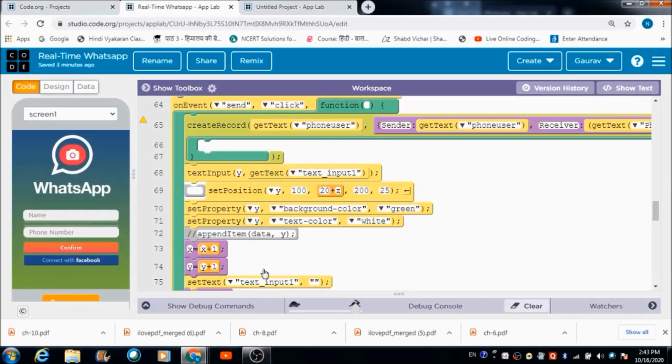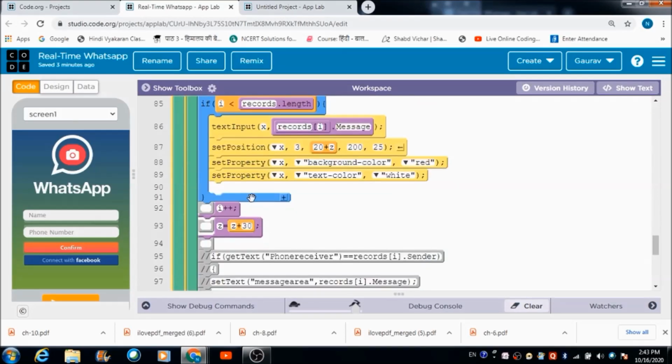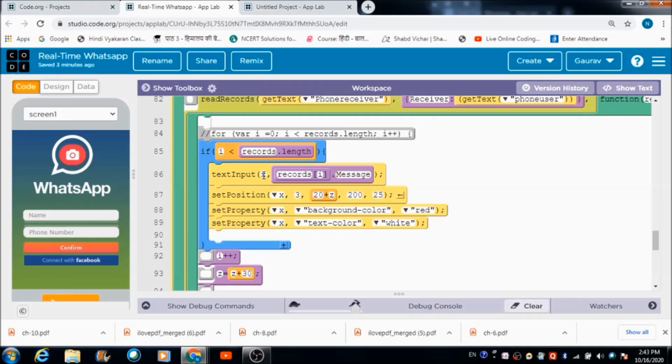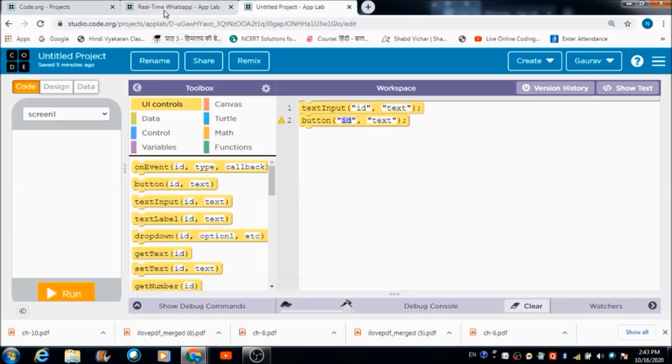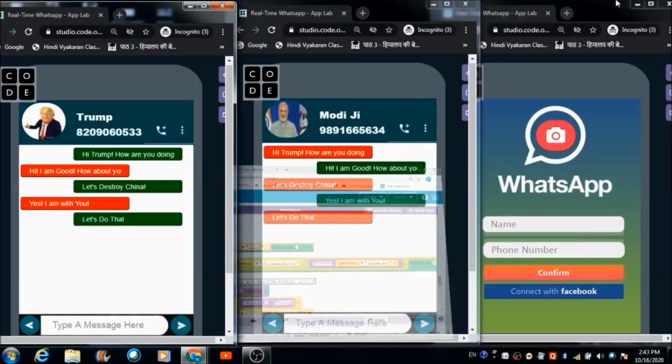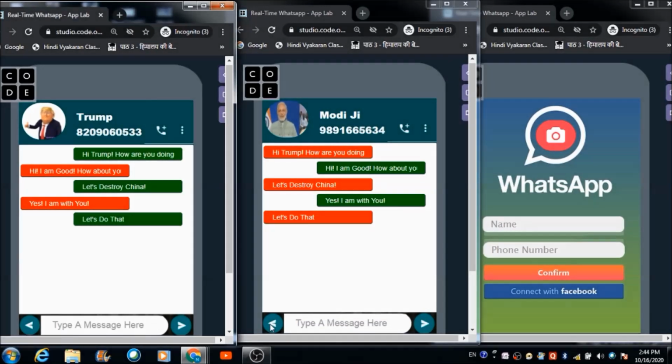Y is the variable that I have used for the sending input boxes that are getting created dynamically. And this x I have used here for this receiving button. When the user is hitting this receiving button, this is the receiving button.